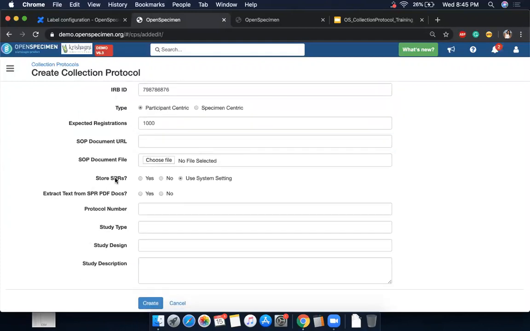If you plan to upload surgical pathology reports like PDFs or text-based reports, you can enable this. If it's text-based surgical pathology reports and you say yes, then it's going to extract and show the information to the end user so that they can read the report on OpenSpecimen. That is the only use of these settings. And of course, these fields are not in OpenSpecimen. These are custom fields. They're just appearing here. And now I'll go ahead and create.